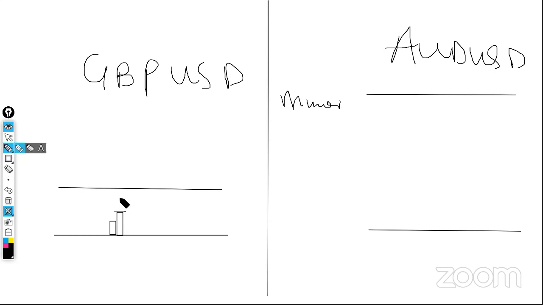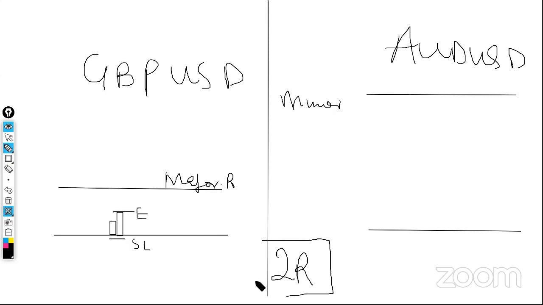So we have a bullish engulfing bar right here. And if this resistance level right there is a major resistance level, and you want to buy right here, your stop loss goes right here, and your entry goes right here. Take note, in risk management analysis, it's advisable you take trades with a minimum of 2 risk-reward ratio. When I say 2 risk-reward ratio, it means if you are willing to risk maybe $100, you are willing to have at least $200.